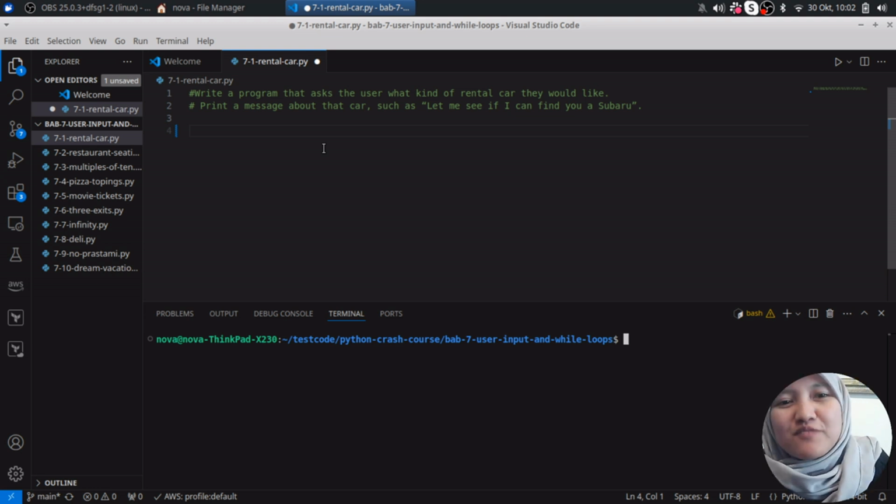input something. So the question is, write a program that asks the user what kind of rental car they would like, and then the second one, print a message about the car, such as, let me see if I can find you a Subaru. How to solve this? So the first one is